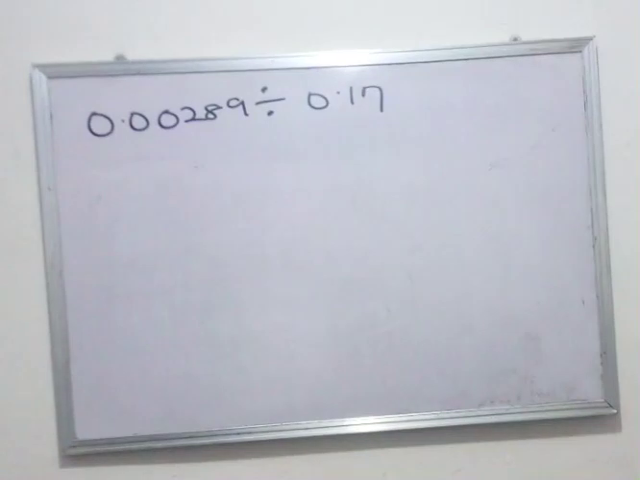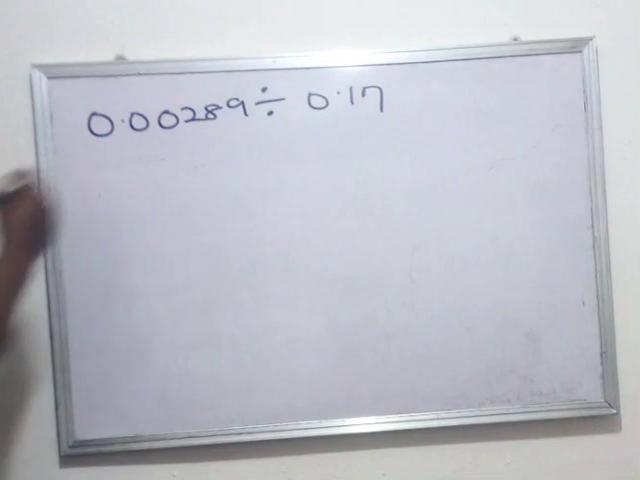Do not use the long division method to divide these decimal numbers. Do this instead. First of all, convert the numbers to fractions and then multiply. Let's go ahead and see how that works. So